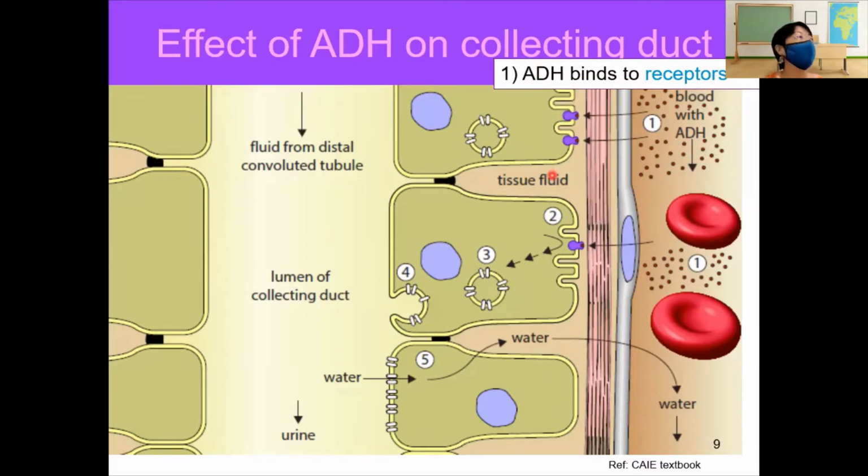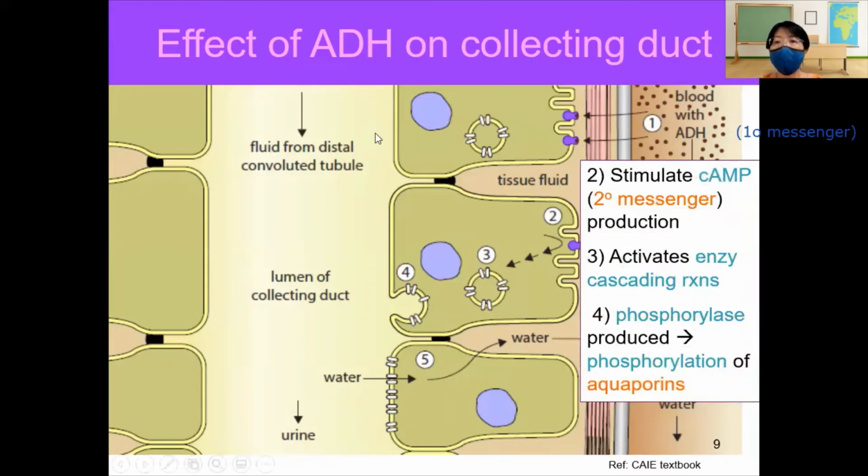And then you already learned cell signaling, right? So this is a revision about cell signaling. So the ADH is the primary messenger. You already learned primary messenger. Because ADH is a protein, it cannot pass through the membrane. So once it binds to the receptor, then the cell will have to activate a secondary messenger to be produced. So after ADH binds to receptor, it will stimulate